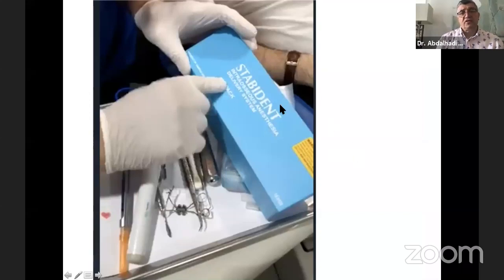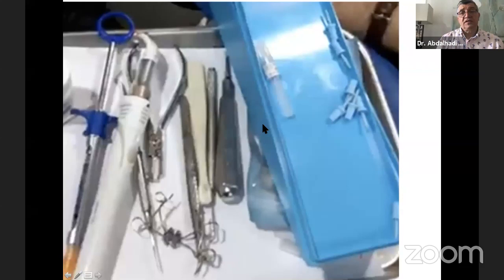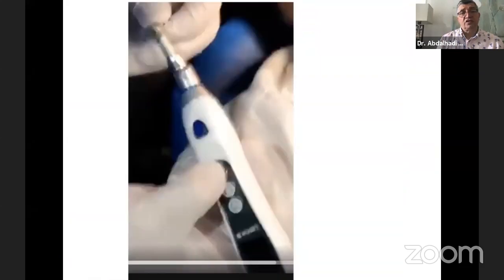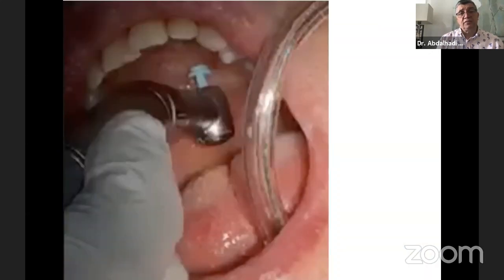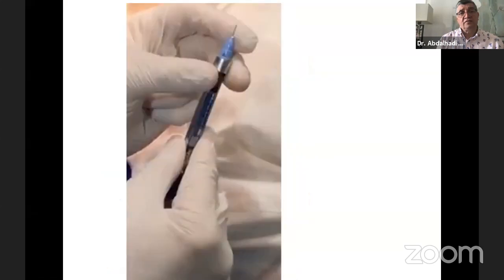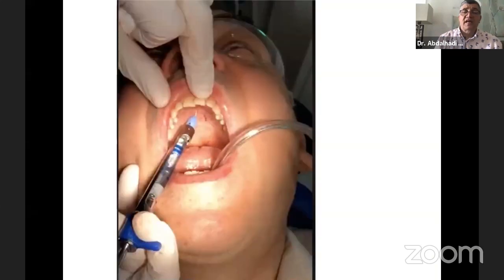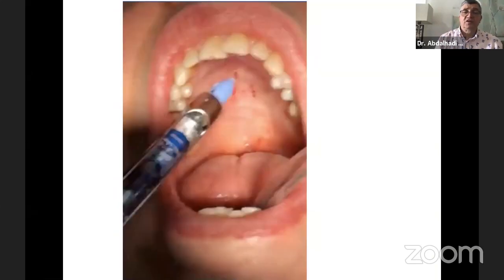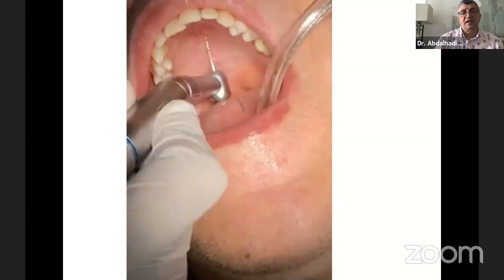And as I told you, I use a steppy dent. The steppy dent is a kind of perforator needle. And here everything is ready to start. And this is the motor to place the TAD. And here is a needle perforator. I start on him. And this is the needle after the perforation, to go inside his palate before using a big perforation. So first a small perforation with the needle perforator, then a small needle inside the palate, and then using the big perforation with